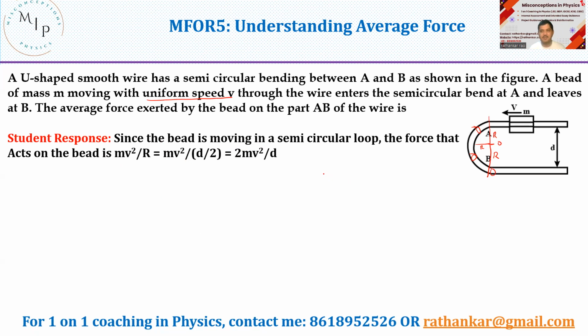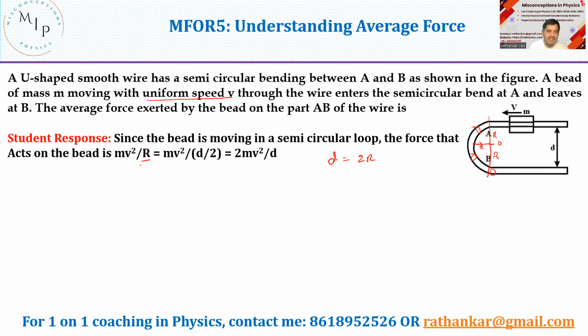Okay, they are very much attached to the circular motion. It's attached to a semicircular route. The force that acts on the bead is nothing but your centripetal force, which is mv square by r, which acts like this, right? And since I have given you only this d here, this distance is d. D is nothing but your diameter. So therefore, I can now write d is equal to 2r.